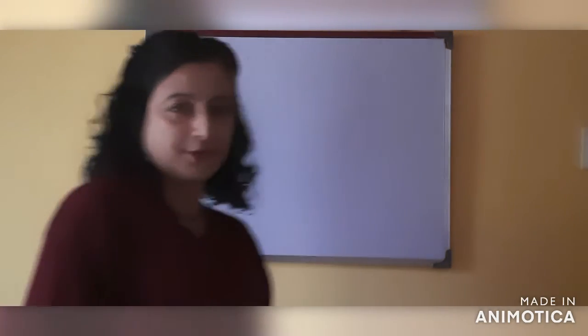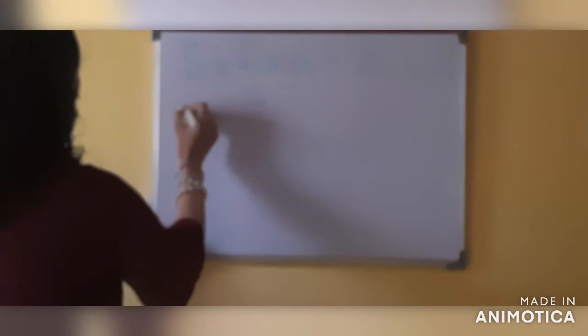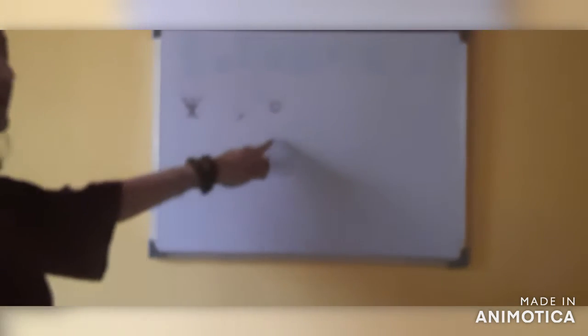Just like commutative law and associative law, another binary composition law is distributive law. To do this distributive law, we need at least 3 elements and 2 operations. Obviously, the operations are binary operations. So, suppose the set is S and the elements of S are A, B, C, and the 2 binary operations are, I am denoting with an asterisk sign one operation and another operation with a small circle.